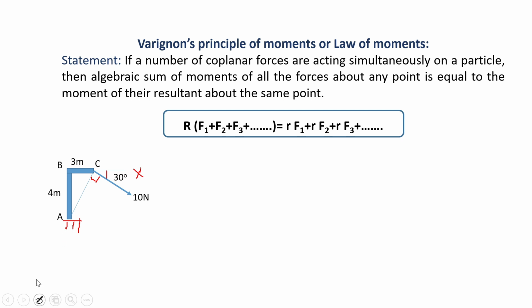Let us try to resolve it into two different components. So here we have one component, we can say the horizontal component in this direction for this force, and this one is the vertical component in the downward direction, right? So this horizontal component, what will be the resolution of that component? It will be 10 sine 30. Sorry, 10 cos 30. Horizontal component is 10 cos 30. Similarly, this vertical will be 10 sine 30.